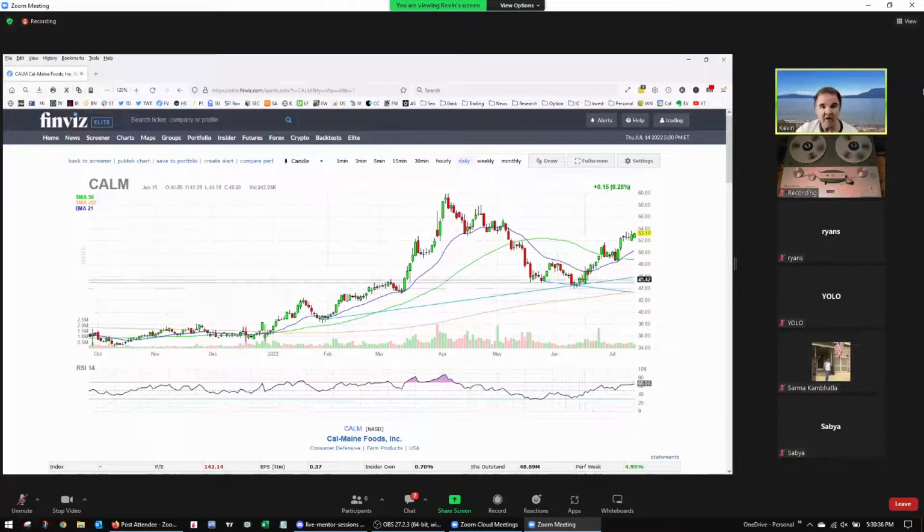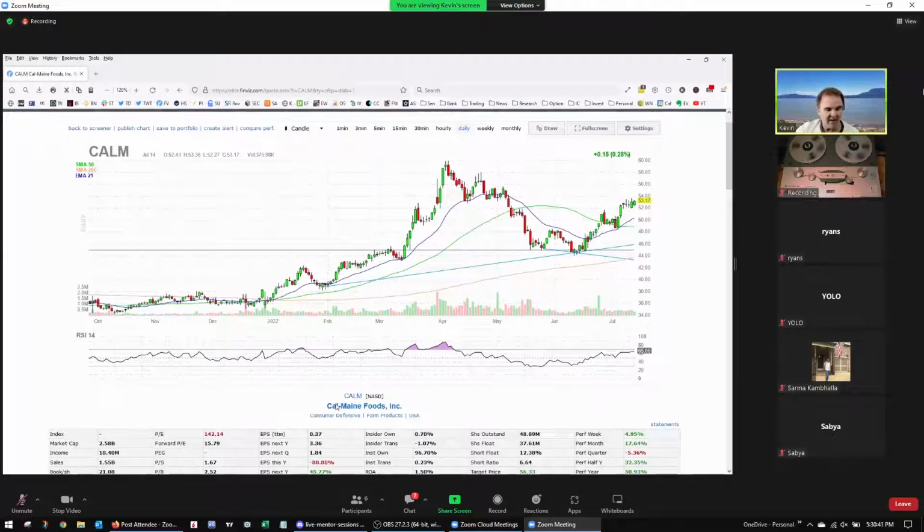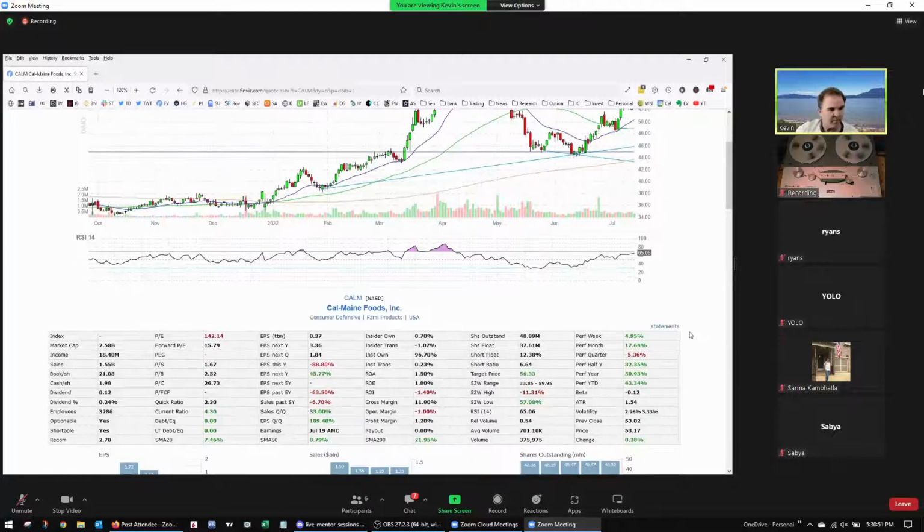This has been moving up nicely over the last little bit. The only thing that bothers me is that it's consumer defensive, so these tend to not move very much. They tend to not be very volatile. Where's my volatility here?